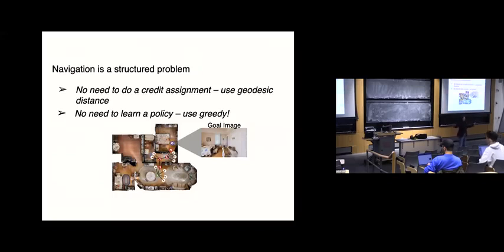So it goes from a video all the way to that map. And that map is not just a map, what you see here, with the visuals projected essentially on the floor, but it also has waypoints of where the agent has been. Okay, here is the goal image. It is actually taken from there, and you're somewhere in the map, and you want to figure out which way shall I move to go closer to the goal image. So what you do is you hypothesize some waypoints on the floor. By the way, this waypoint better not be hypothesized within the wall because you cannot interpenetrate the wall. But this is easy to infer because you have a depth,